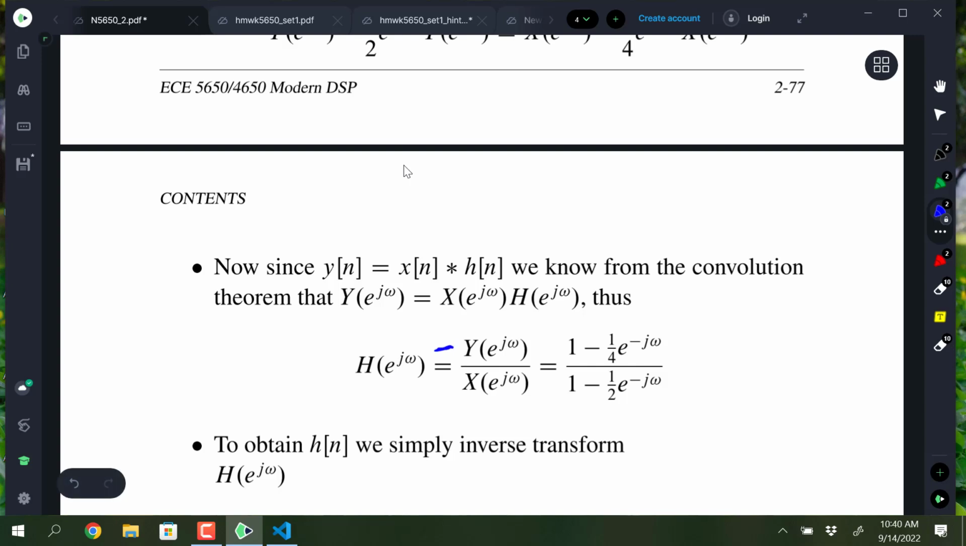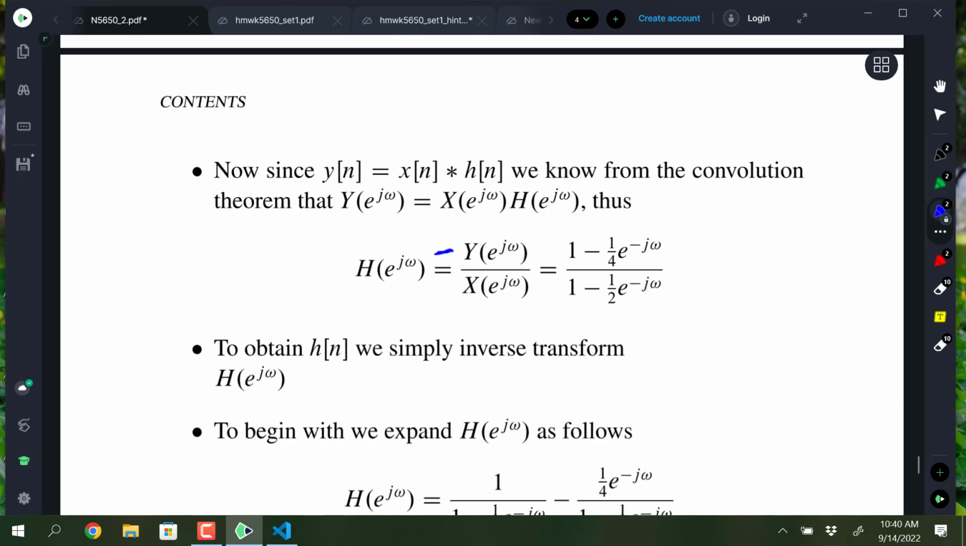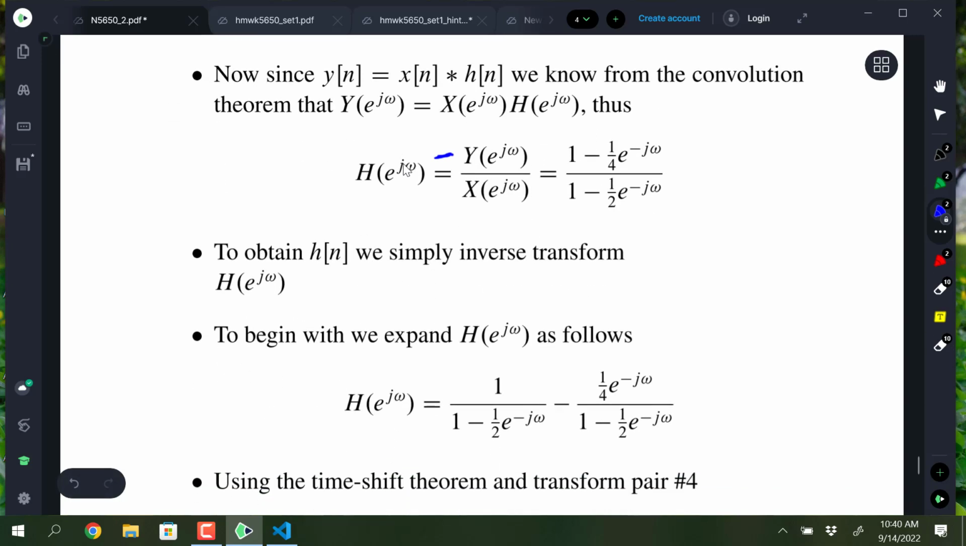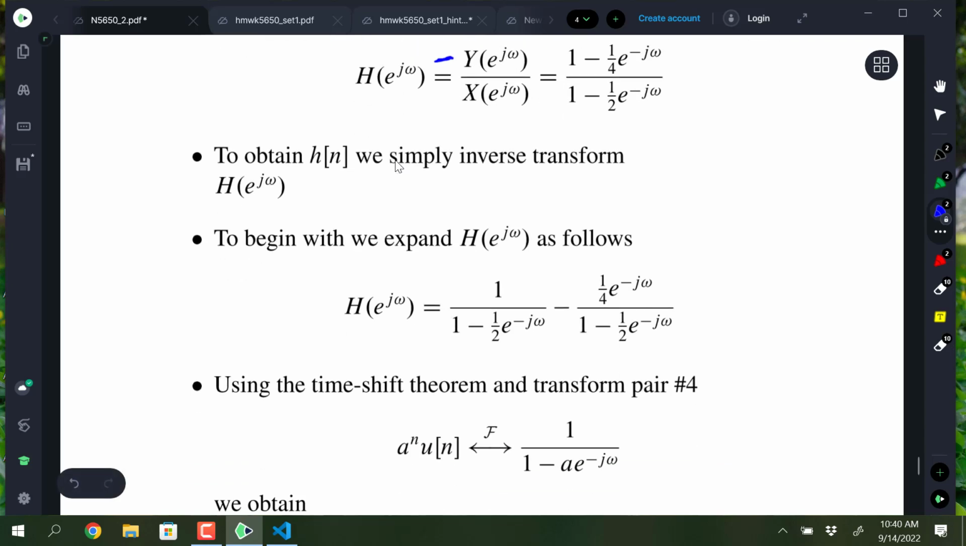the frequency response, and that's from the convolution theorem, which says Y of e to the j omega is X of e to the j omega times H. So just spinning that around. And then for the case of the difference equation, we can see what H of e to the j omega is. And